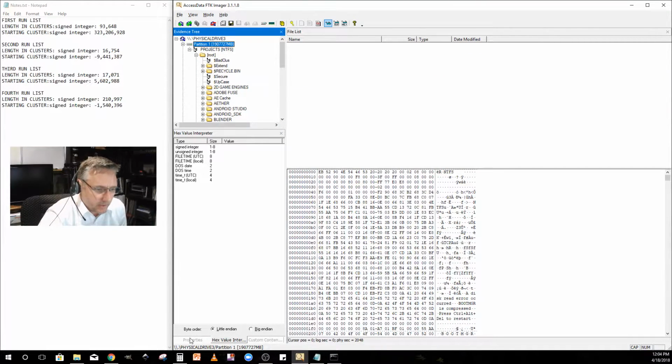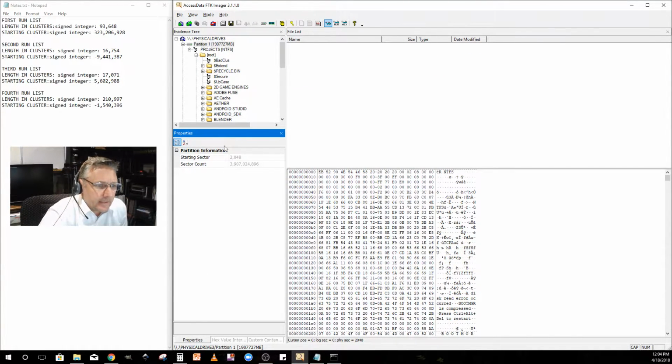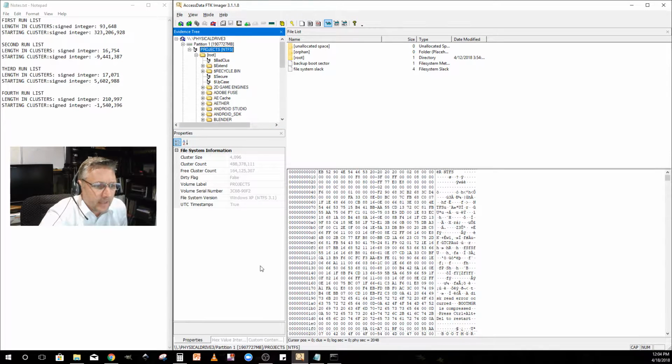So we need to know some things about this volume, like the cluster size. Aha! There you go. So it's 4,096 bytes per cluster. Okay, I'm assuming that those are 512 byte sectors and that there's 8 of them in the cluster. That doesn't really matter. We just need to know that there's 4,096 bytes per cluster, because now